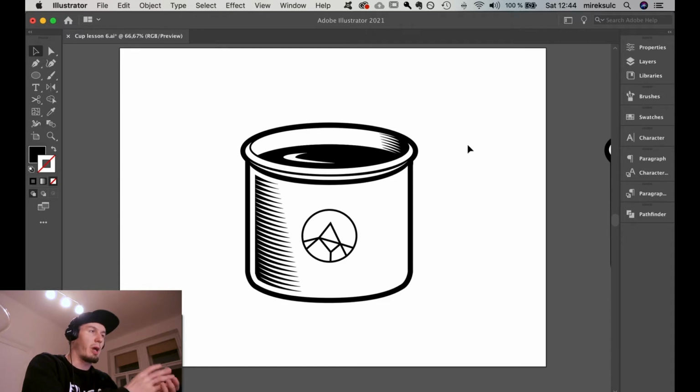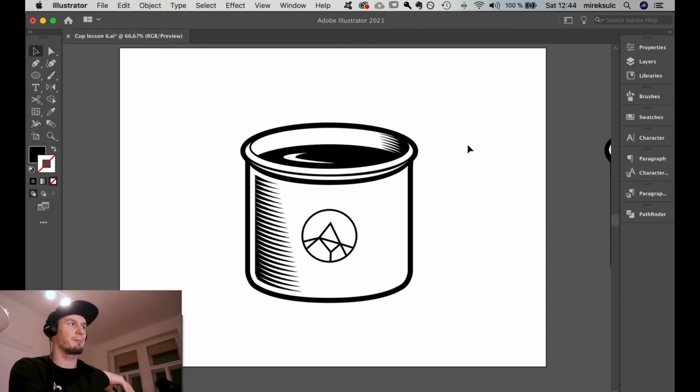So what I'm doing right now is I just want to divide two paths. I basically copied the ellipse on top of each other. I will use divide inside Pathfinder to get rid of part of the ellipse, and we can work from there. Basically, we are not using any advanced or difficult tools here. Again, it's just a couple of simple ones,